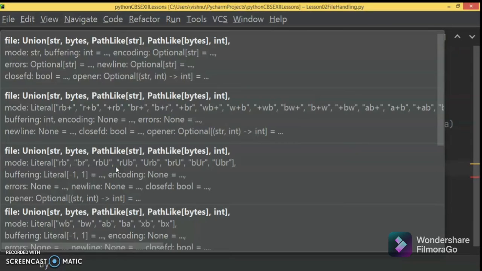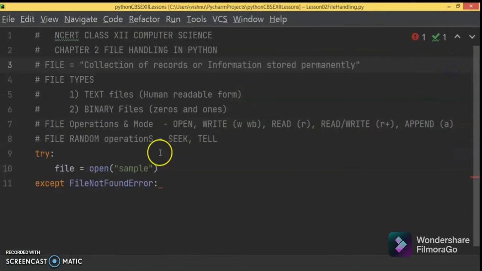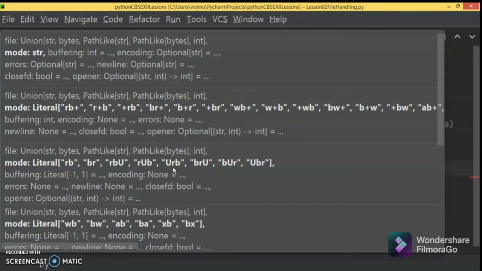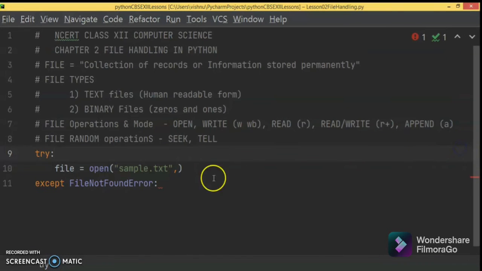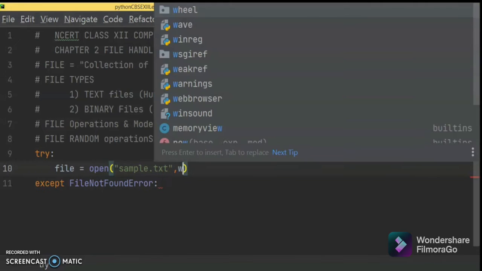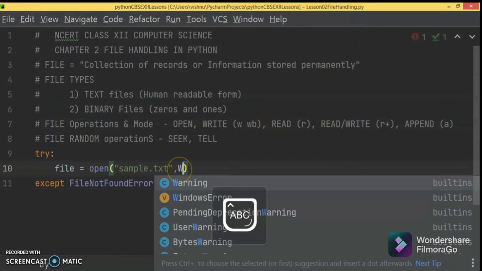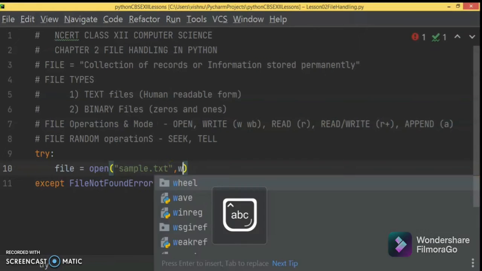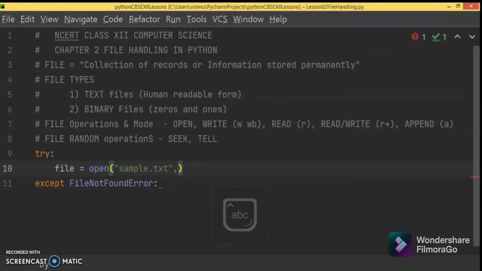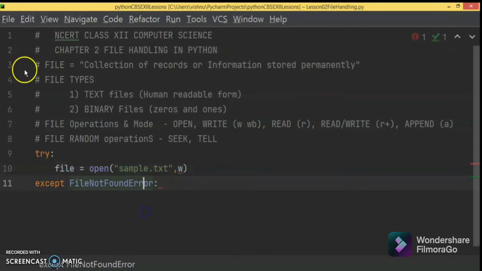What I am doing is I am going to write a program, sample.txt, and I want to write to that. So this is the parameter. You can use quotes.